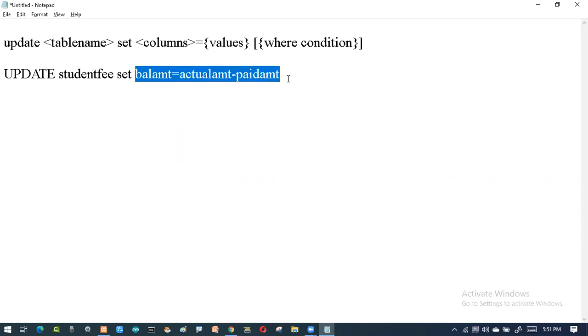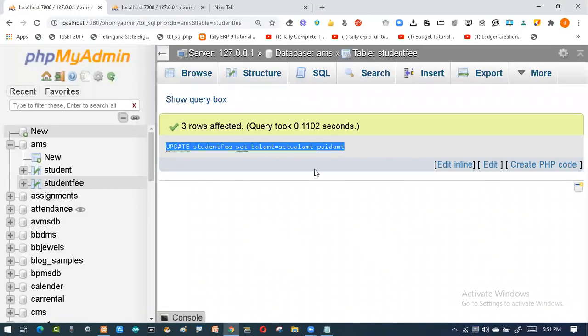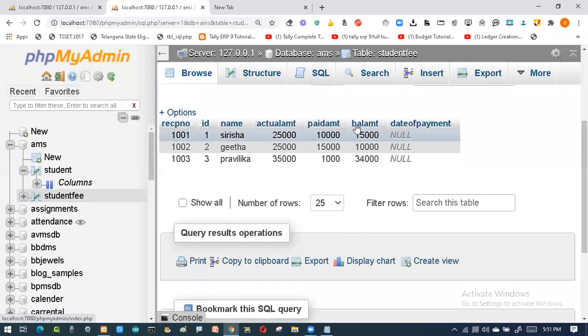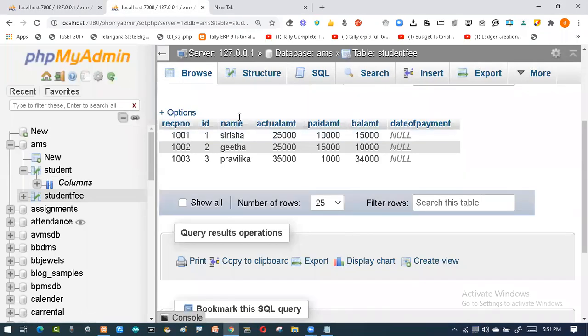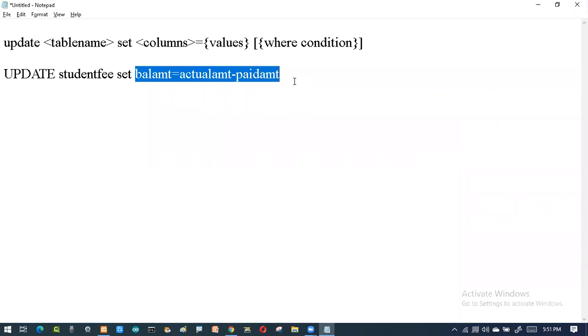If you want to apply it for all, as you just saw in the scenario, if the balance amount is to be calculated for all the persons, then I have given this. I have taken one example, and the other examples are left to you. In real time, when you are going for the program or working in a company, if you have been appointed as a database administrator, then you want to do such kinds of operations. In front of you, you will have a lot of flavors and options. Based upon that, you are going to write your own formula.